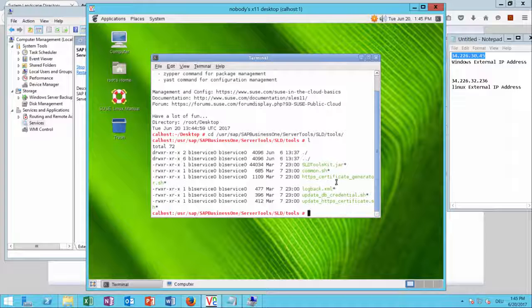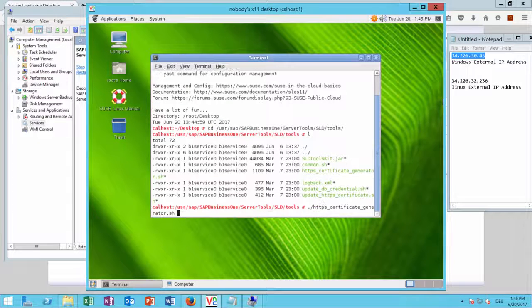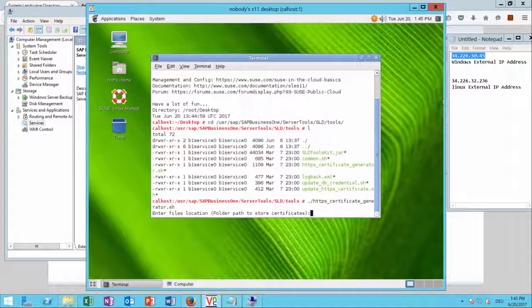The first one is the HTTPS certificate generator. So we will start it by typing a full stop and a forward slash, and then HTTPS certificate generator.sh, and start it. The first thing we need to enter is the file location where we want to store the generated certificates. So you can take anything. I will just use the home, so /home,